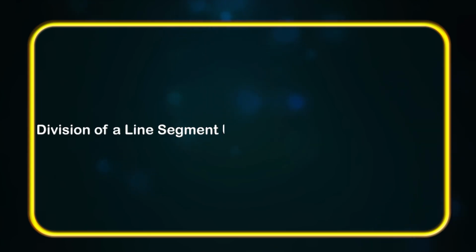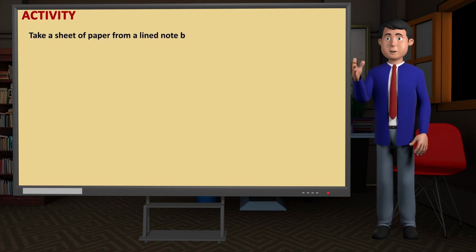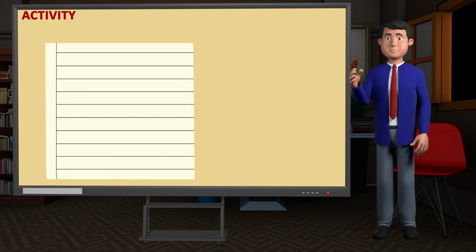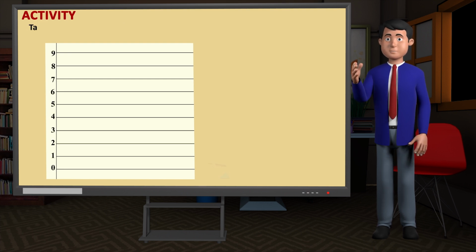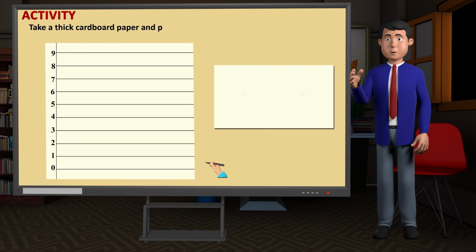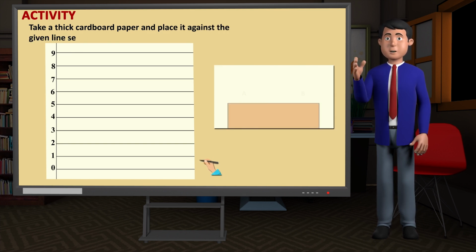Division of a line segment using Thales theorem. Activity: take a sheet of paper from a lined notebook. Number the lines by 1, 2, 3 and so on, starting with the bottom line numbered 0. Now take a thick cardboard paper or file card or chart strip and place it against the given line segment